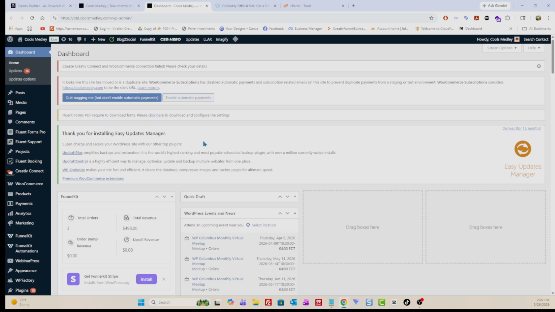Point being, if one of those plugins has the wrong code in it, like a comma out of place, for example, in a line of the code, or anything, the wrong space, it'll crash your whole website. And then you got to go through the whole process of going in safe mode and deactivating your plugins one by one, or whatever your approach is to troubleshooting. But anyways,